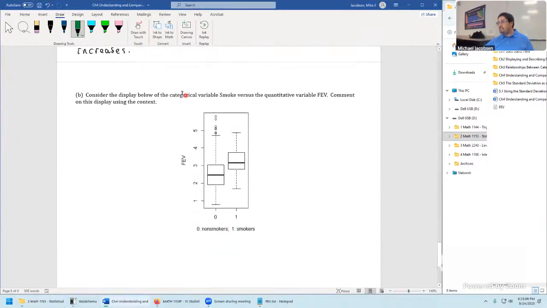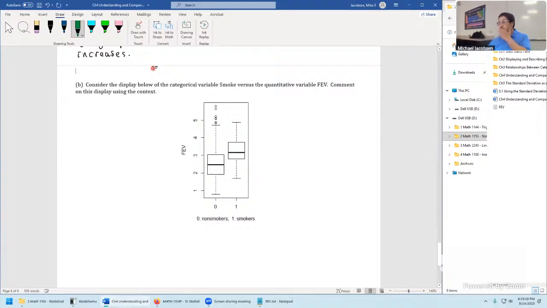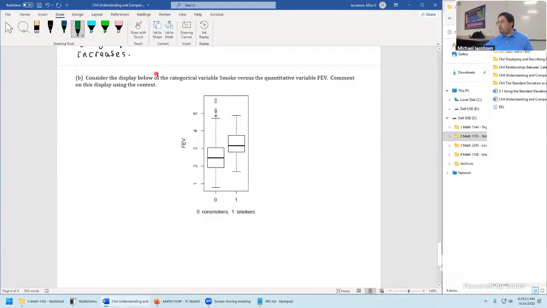Here's another side-by-side display of box plots. Below, we have the categorical variable, smoke, versus the quantitative variable, FEV. A little bit easier to look at, but the more you look at it, the more disturbing it might seem at first. Recall, 0 is for non-smokers. So this is for the non-smoking.